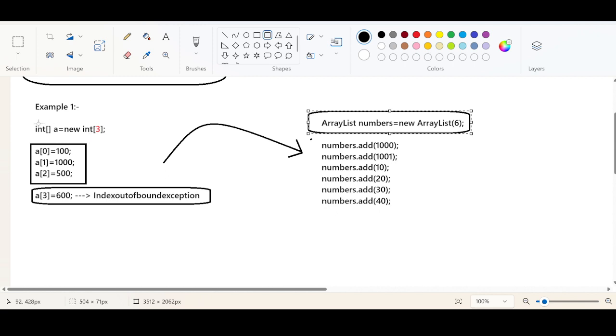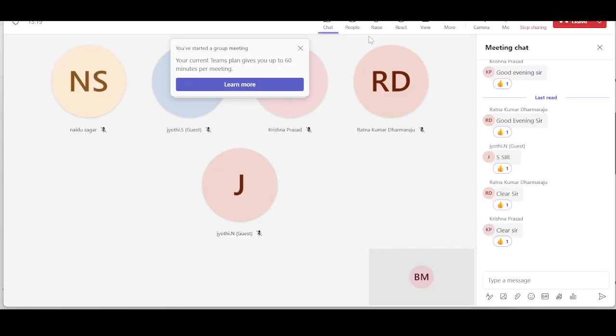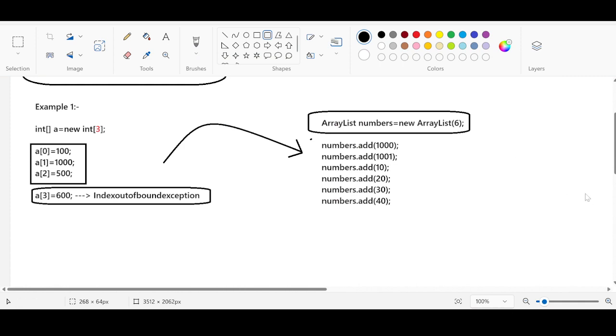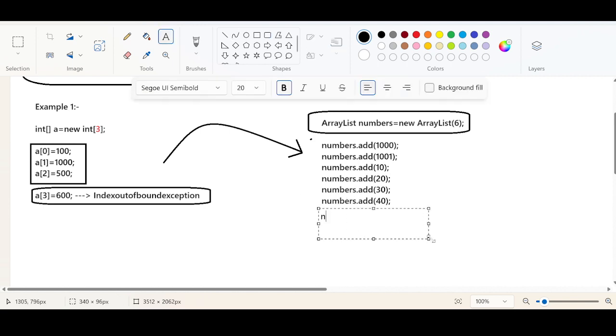Okay, in the Java arrays, if you are fixing the size, it means the size should be fixed. But in the array list, the size can be variable in nature. The size can be dynamically increased. It gets dynamically increased in nature. If you want to add the 7th element, it is completely possible with the collections. When I say collections, in the array list dot add, if I want to add something like 10,000,